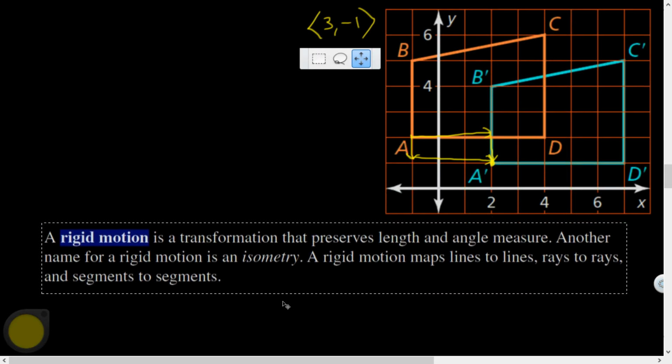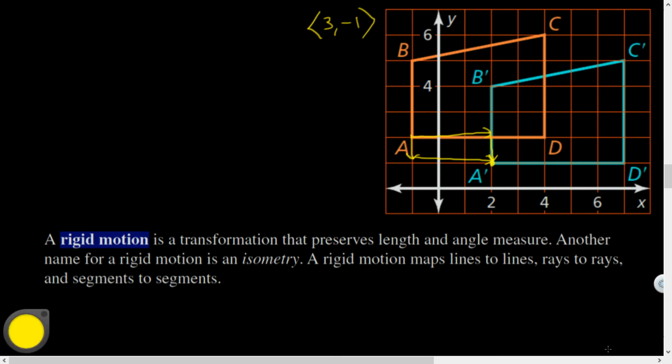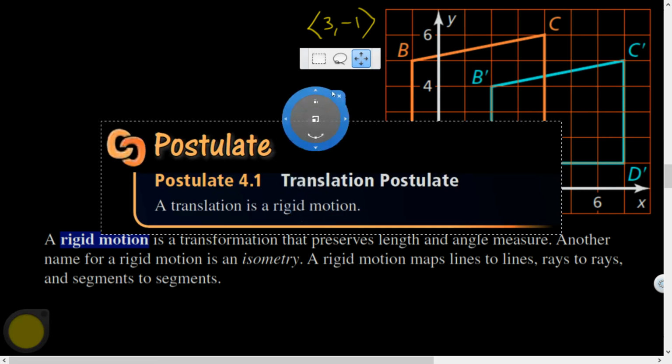Let's see. We call that rigid motion. It is a transformation that preserves length and angle measure. Another name for a rigid motion is an isometry. A rigid motion maps lines to lines, rays to rays, and segments to segments. And everything that happens here will result in congruent angles to our original angles and congruent sides to our original